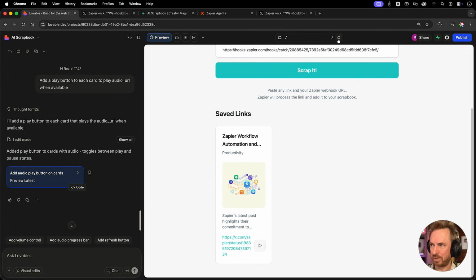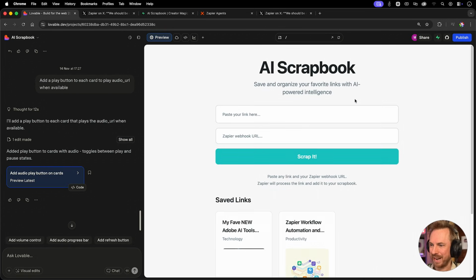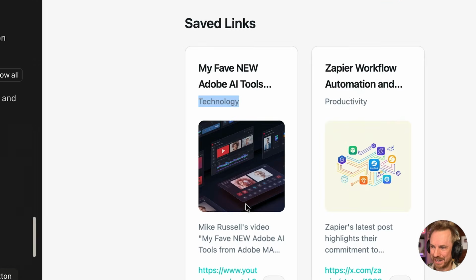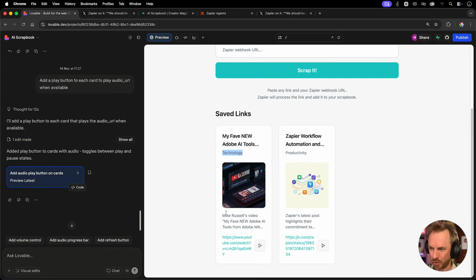And back inside Lovable, let's just refresh and scroll down and look at this. Wow, this is amazing. Not only has it saved my link, put it into the correct category, it's generated a Nano Banana style image using some kind of editing tool. It's mentioned it's my video, it's got a link back to it, and it's got an ElevenLabs summary.